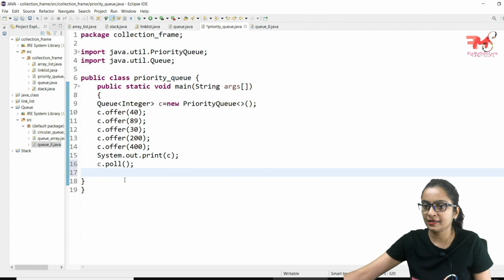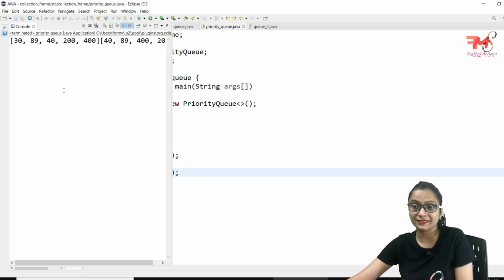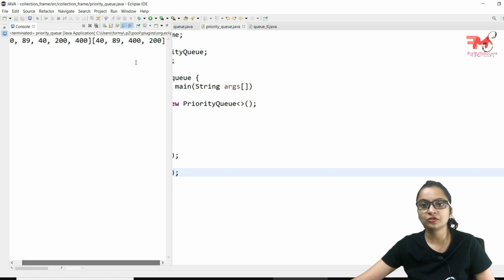Now if you print this, let's see what will be deleted. Here you can see 30, 89, 40, 200, 400 was printed, and now 30 has been deleted because this was the minimum element of the queue, and the rest of the elements have been printed here. 40 is the parent of this heap, that's why 40 is at the front of this queue.